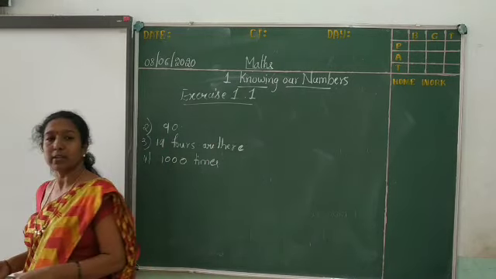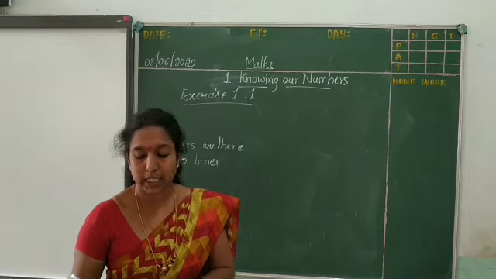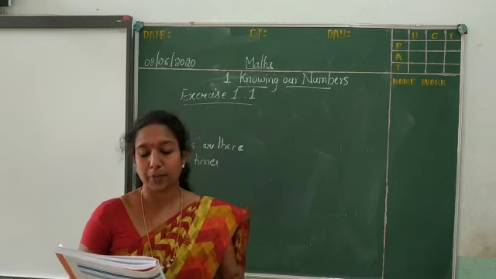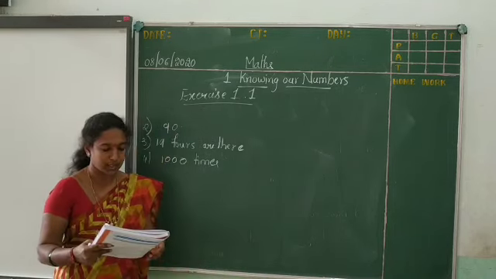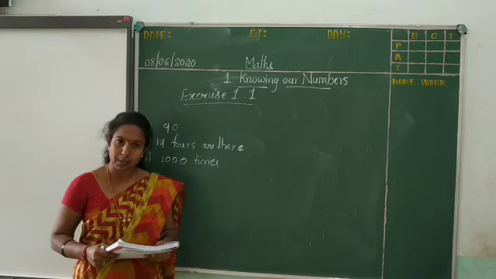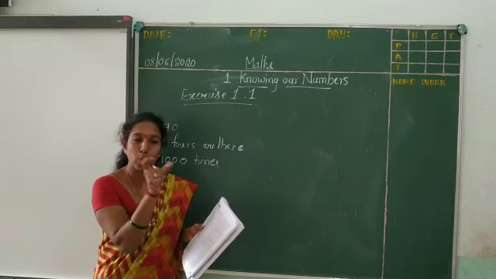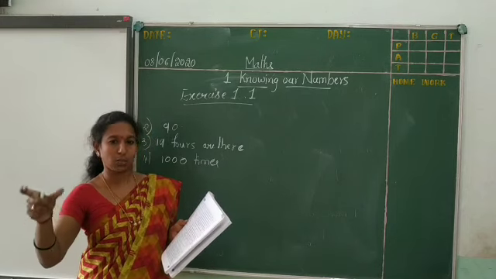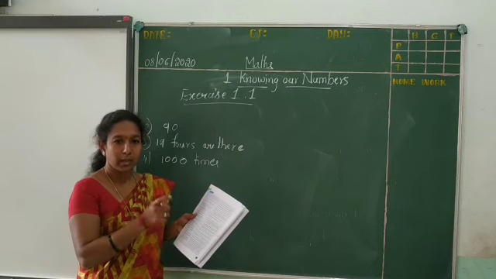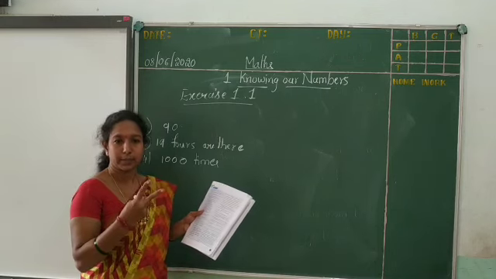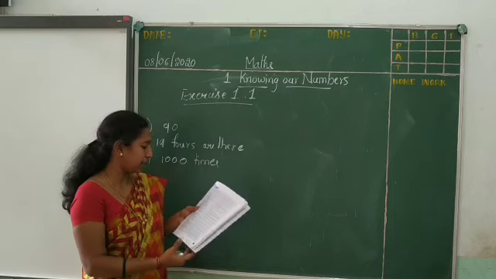1000 times. Okay, understood children? Okay. Next one. This next one you know very well. Express the following numerals according to the Indian and the international place value system. Here the numbers are given. You have to put the commas according to the Indian system once and then the international system once. So separately, two answers you have to write. For each number two times, meaning Indian system one time, international system another time.